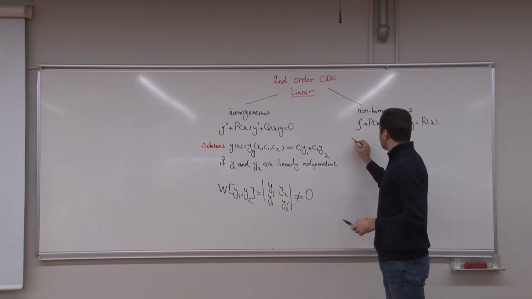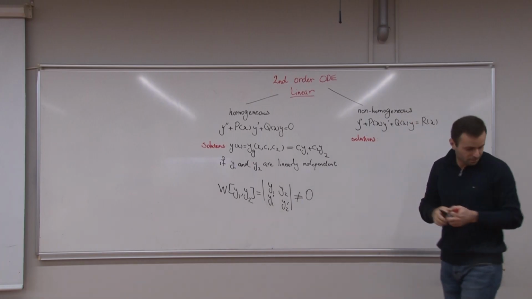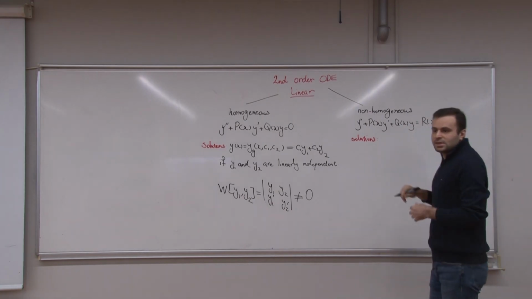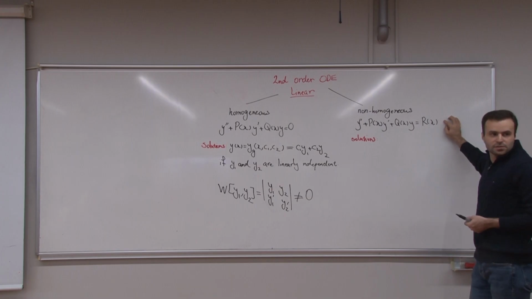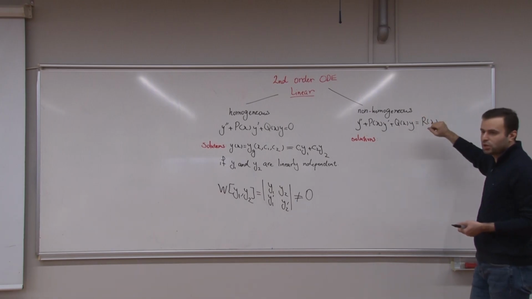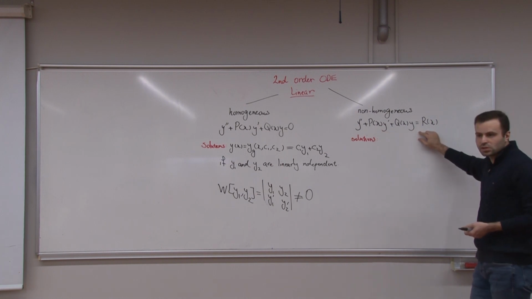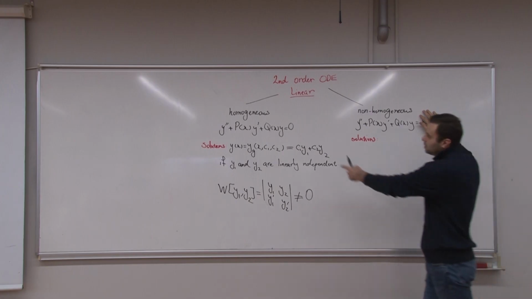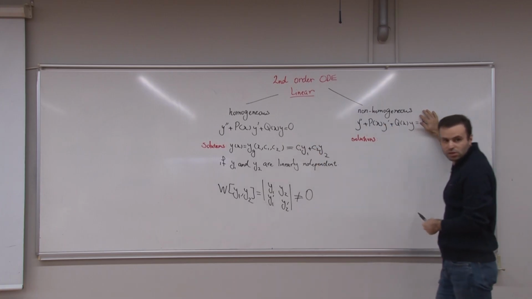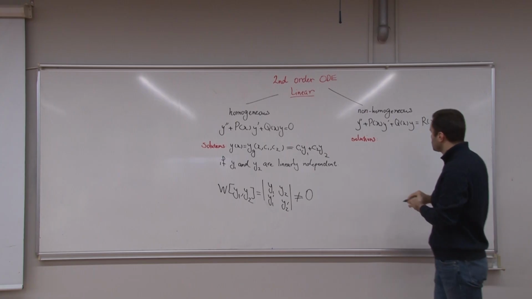What about solutions of non-homogeneous equations? If you remember, we said that if we want to solve non-homogeneous differential equations, we need to first make them into a homogeneous equation. How? We assume the reduced equation, which means that if you have this non-homogeneous equation, just assume that the right-hand side is equal to 0. So it is in this homogeneous case. Solve it, find these two linearly independent solutions. Then the solution of this is going to come as